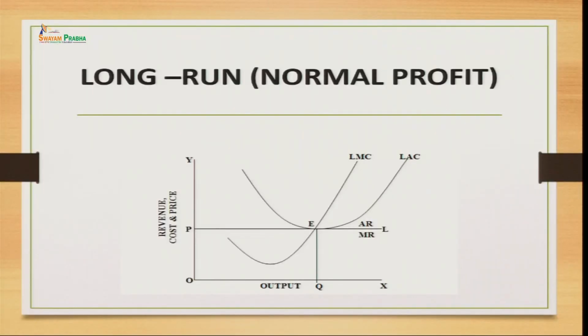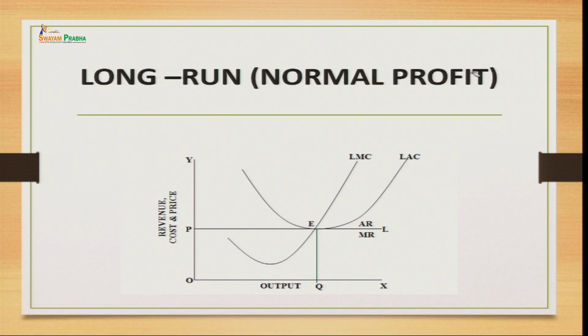So we are left with only one condition here: in the long run the firms will reach that normal profit, and they will only be earning normal profit. So this is how we represent the long run consideration of the firm working in the long run, representing the normal profit, because there will be no firm earning supernormal profit, and there will be no firm incurring a loss.